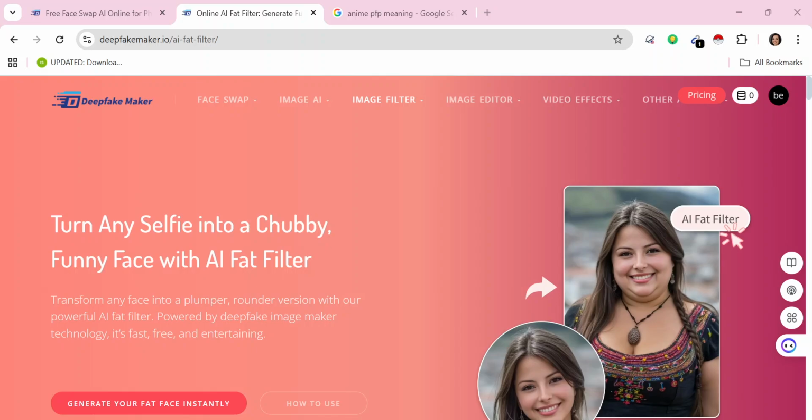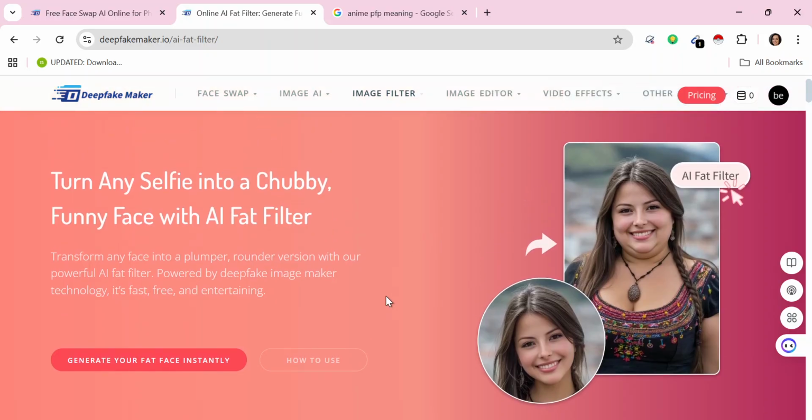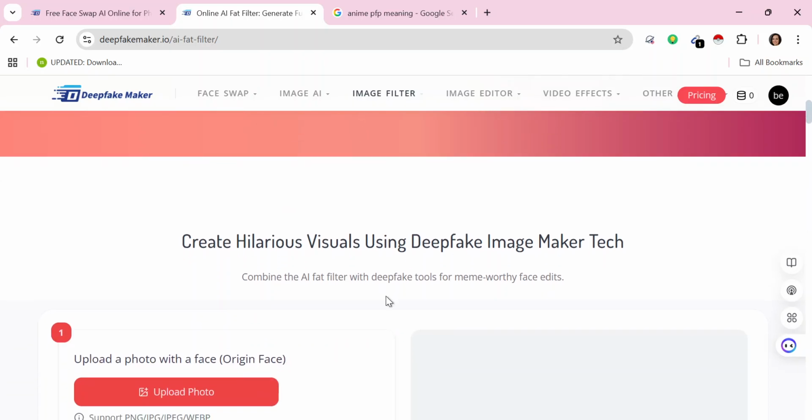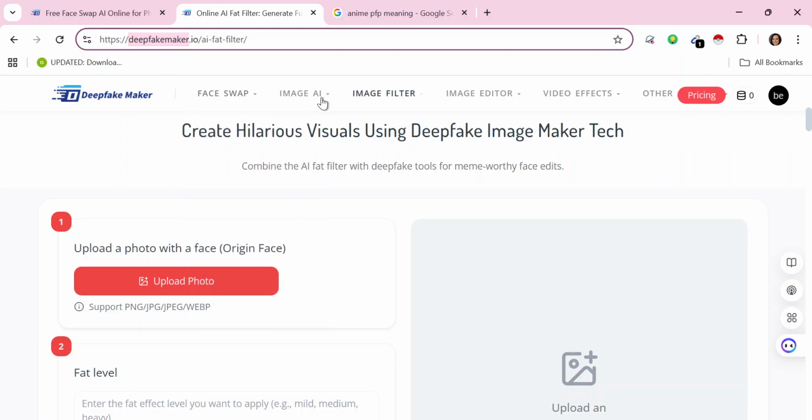Inasmuch as people don't say fat anymore, this AI website would not take that, which means that you can actually turn any photo or picture here into a chubby funny face, and this is a particular filter for it. So all you have to do is go to this website, deepfakemaker.io,